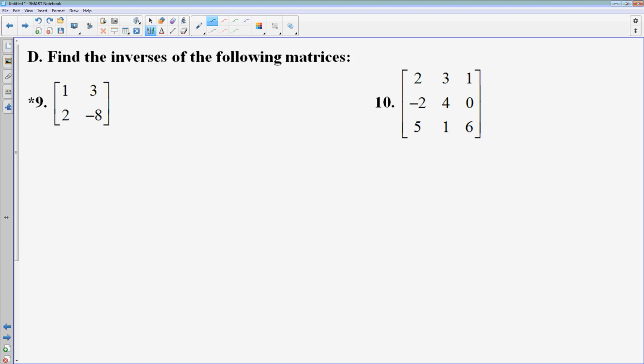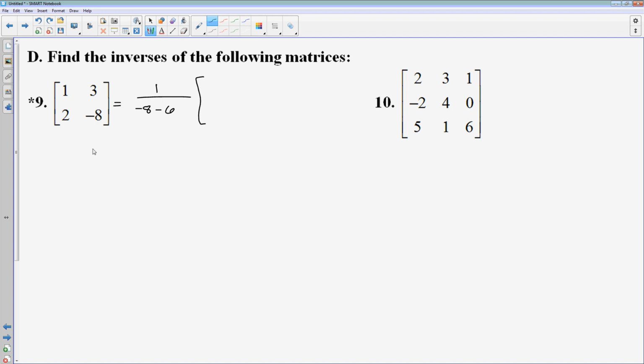So let's see, number 9, we're finding the inverses of these. Now, inverses, if it's a 2 by 2, and that's what this star means, I want you to do this by hand. And the formula for the inverse is you do 1 over the determinant. So I'm going to do downhill minus the uphill